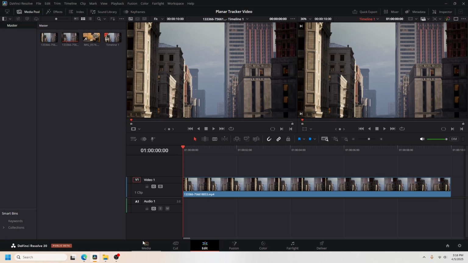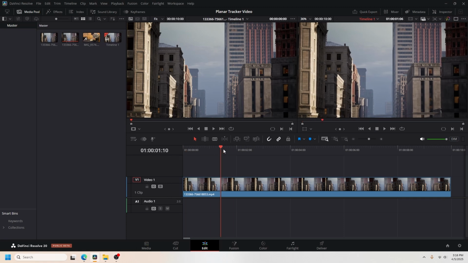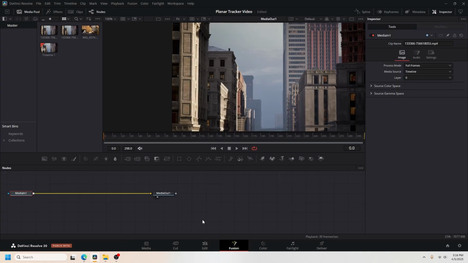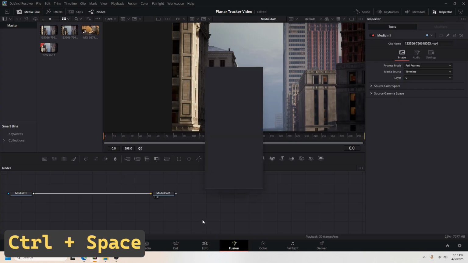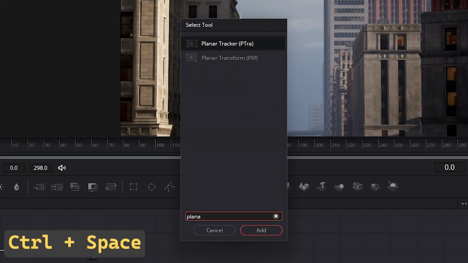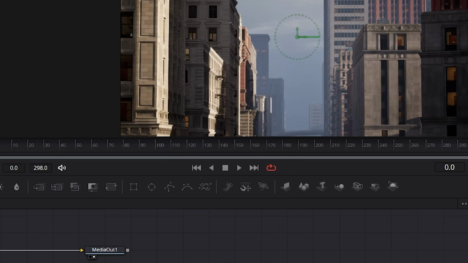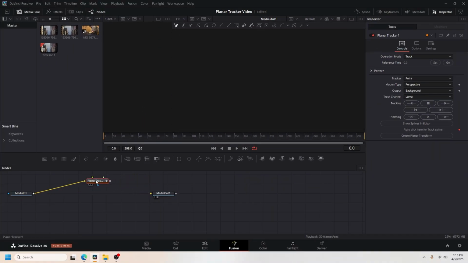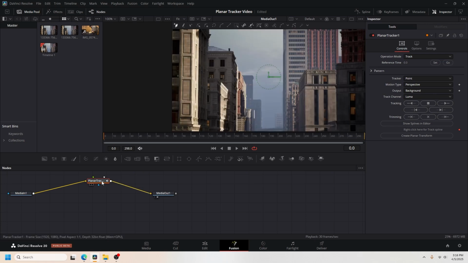Now import the clip you'll be working on, and now go to the Fusion page, press Ctrl space and type Planar Tracker, hit enter, and now connect media in 1, Planar Tracker 1 and media out 1,